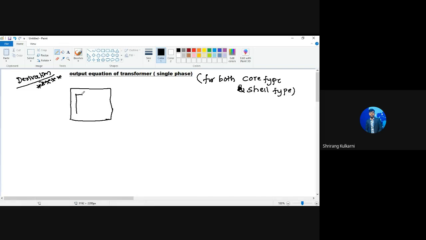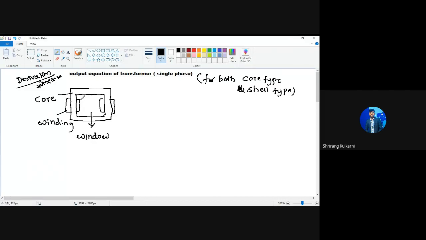So already you have seen this diagram. What does this diagram consist of? It consists of the core, and we are placing windings here. Some part of the winding is present on the inside also. So it is called windings, and this middle place is called the window. It looks like a window between the core. That's why it is called the window.